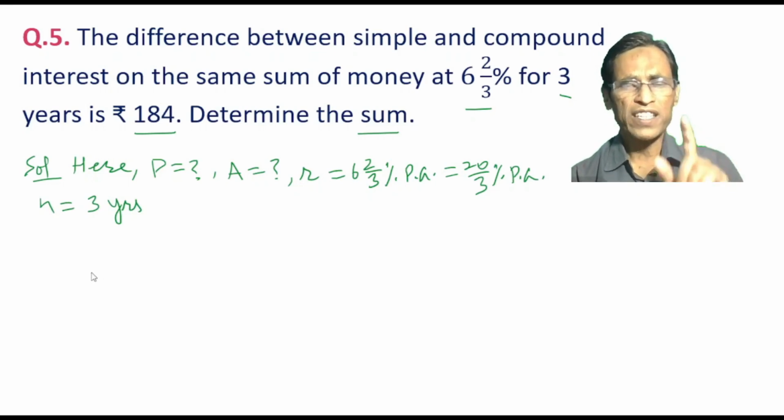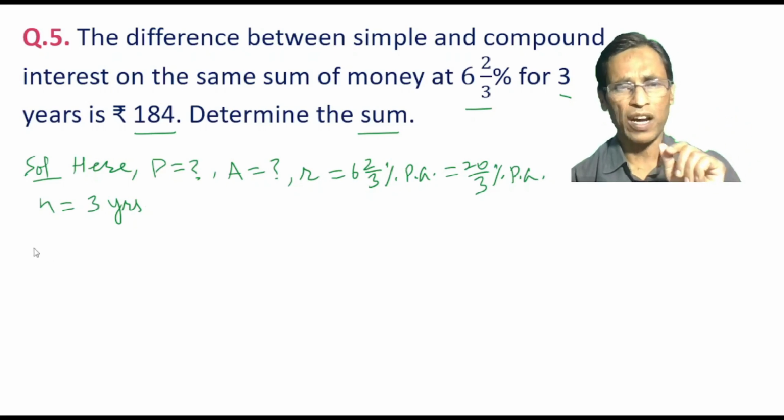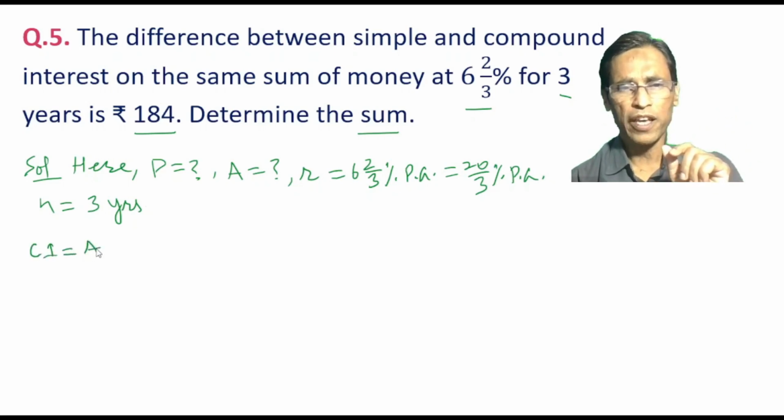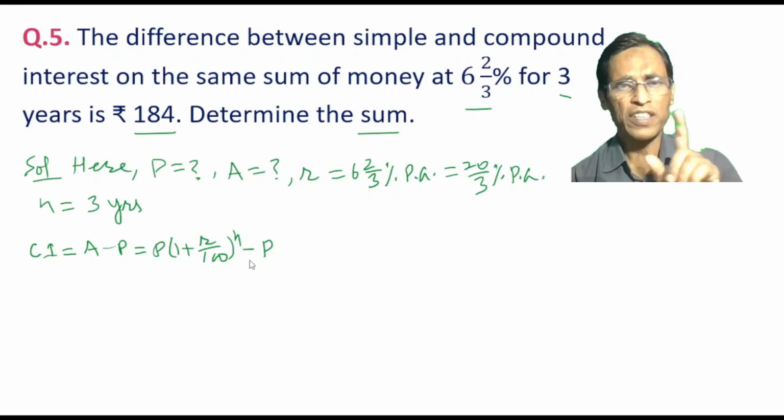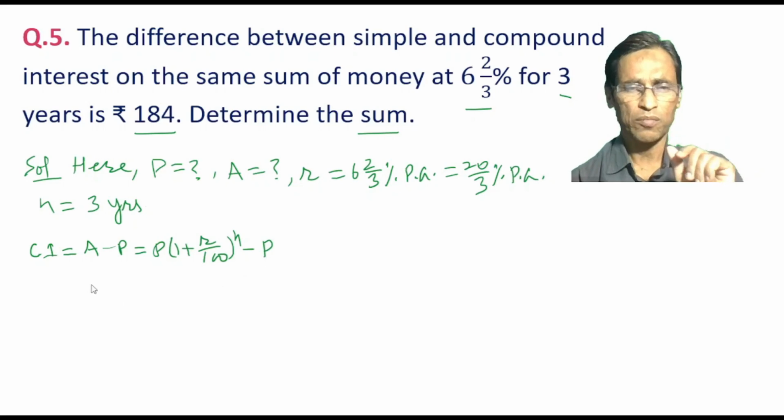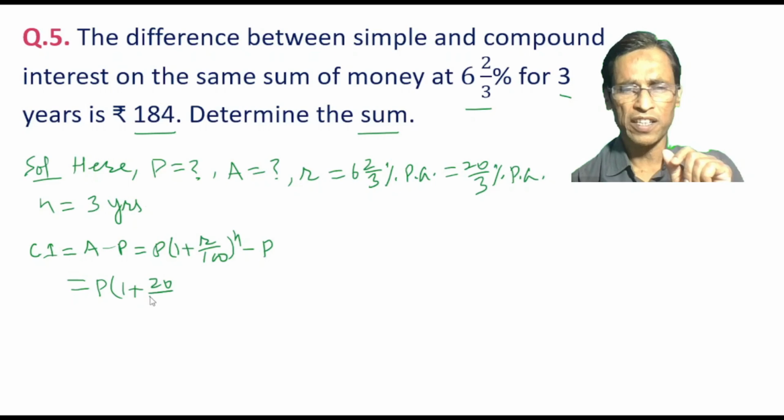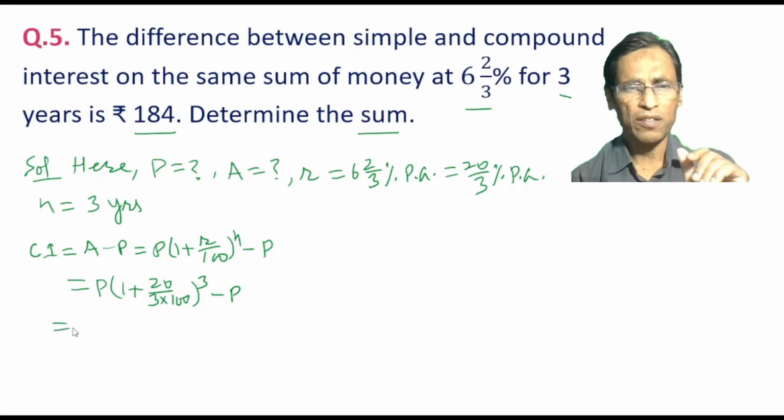So now for finding the compound interest we can use the direct formula CI equal to A minus P, that is P times (1 plus R by 100) to the power n minus P. And now the terms having the information in the question will be replaced here. P is unknown, so it will be as it is, 1 plus R. R is 20 by 3, and so 20 by 3 into 100. N is 3, so it will be 3. Then minus P. By taking P as common